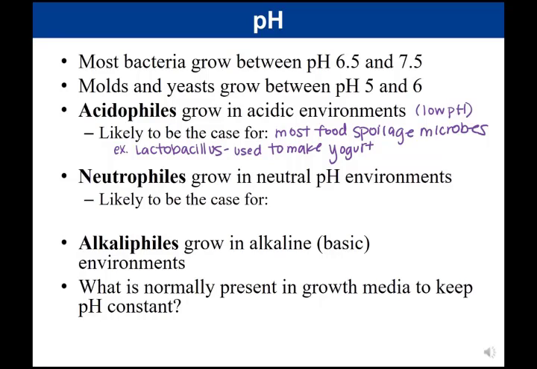Neutrophiles grow best at a neutral pH. And so this is likely to be the case for most normal microbiota or normal flora. So many bacteria in the body that are part of normal flora would fall under being a neutrophile. Right? So E. coli, for example, so on and so forth. But you might notice, they grow best at a neutral pH